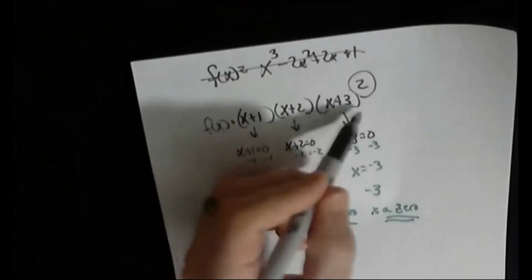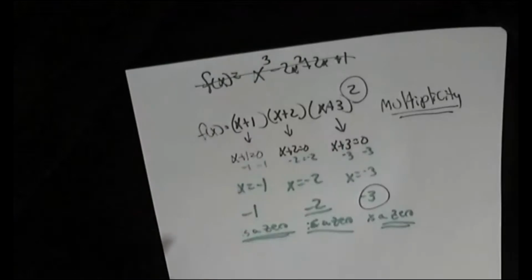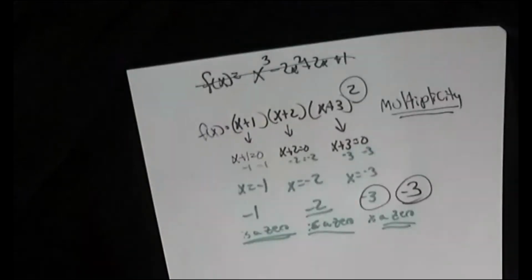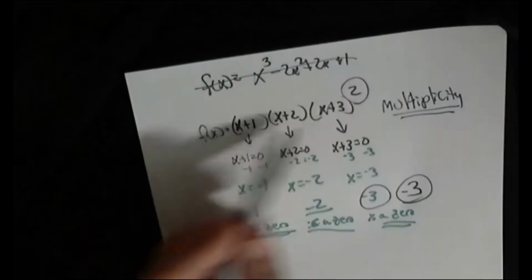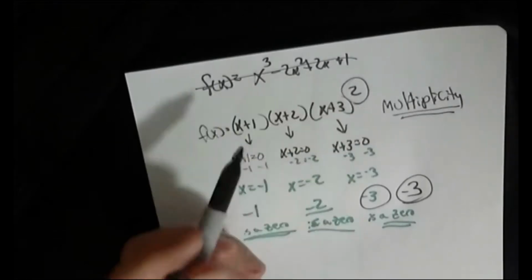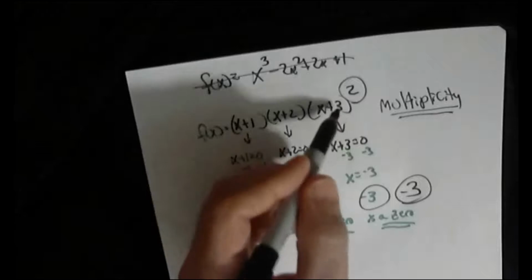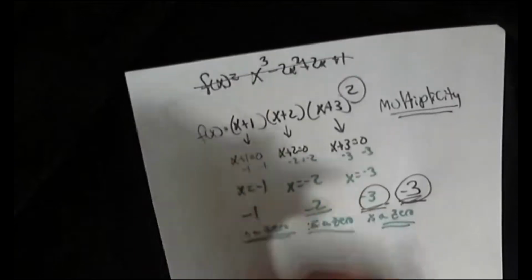Okay, this second power means this X plus 3 happens twice. This is called a multiplicity. And what that simply means is this -3, while it is a 0, it's going to be a 0 2 times. So if you think about this, we've got 1, 2, 3, but the fact that it's squared, this is a fourth powered polynomial. So this should have 4 zeros. So the -1 is 1, the -2 is 1, and the -3 is also 1, but it happens twice. So this would actually count as 2